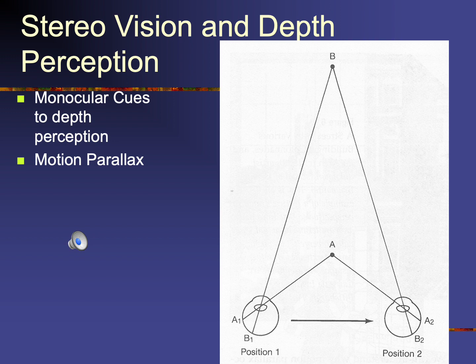They're on opposite sides of the retina, but you can see they've not moved very much. Whereas A1 and A2 show very big changes in their location as your eye has moved back and forth across the scene. So objects that are far away tend to have a much more constrained movement on the retina than objects that are close to us. And that becomes a powerful cue as to how far away objects are,